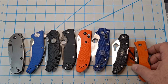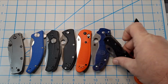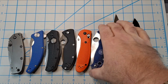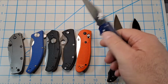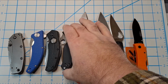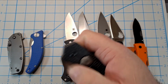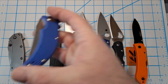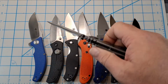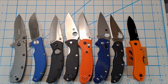So these are laid out in no particular order, but first one, K-Bar Dozier. This one's the Bird Harrier 2 lightweight lockback. Spyderco Mannix 2 lightweight. Benchmade Griptilian. Spyderco Tenacious. Kershaw Thistle. Steel Will Sargus. And Kershaw Cryo 2. So yeah, no particular order, but